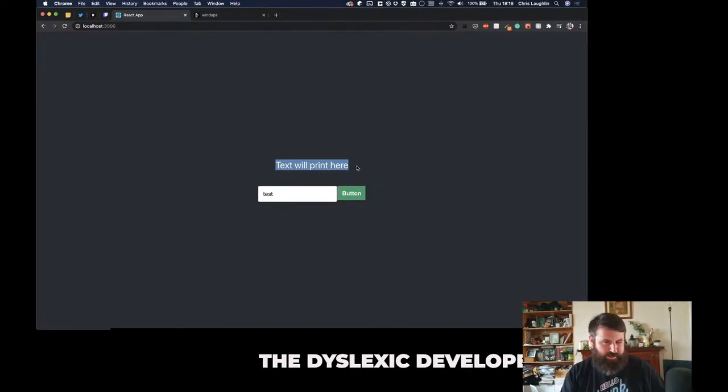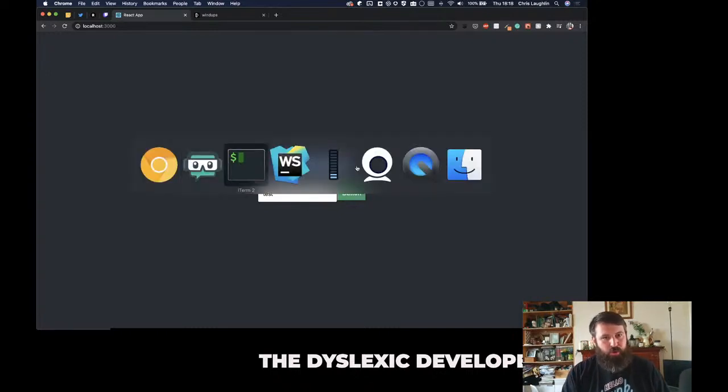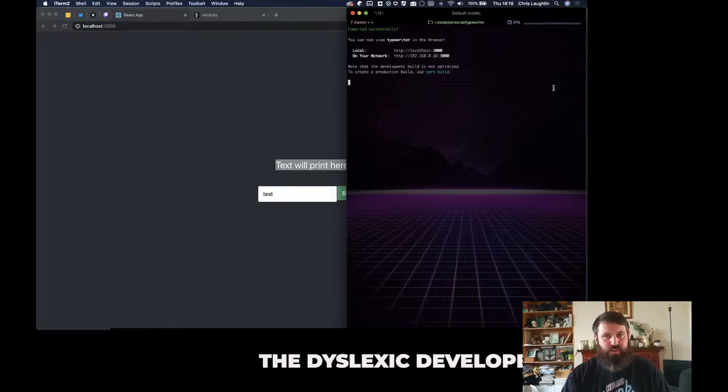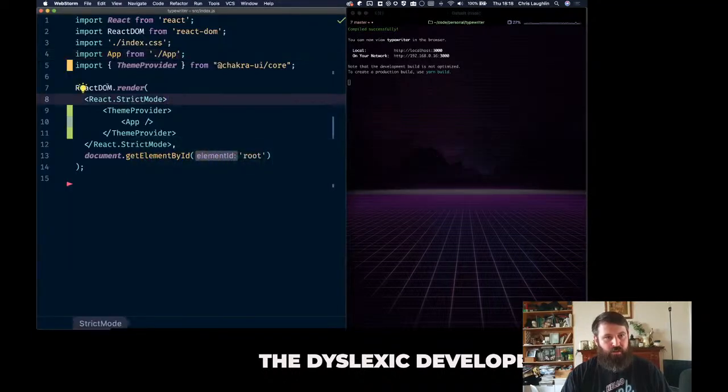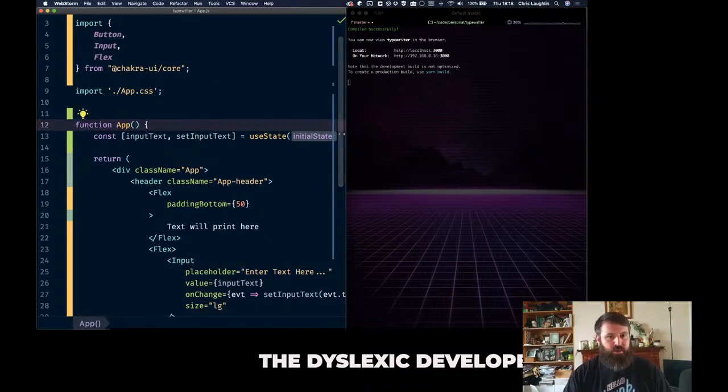So let's give this a go and we'll see how we get on. We're working off a Create React app, which is already running, and this is our main code. We have our typewriter. The only thing I've added is Chakra UI, so you can see we have the theme provider for Chakra UI. We have an app component, so if we go into our app component,